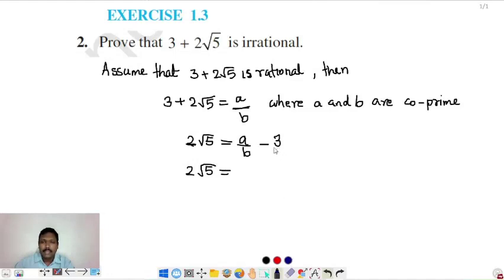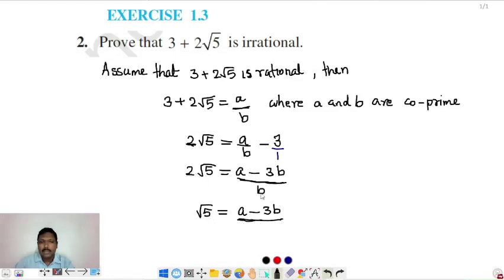Here you can give 3 divided by 1, then cross multiply, you will get A minus 3b, all divided by b. Now this root 5 only you can keep on that side, so you can write root 5 is equal to A minus 3b all divided by